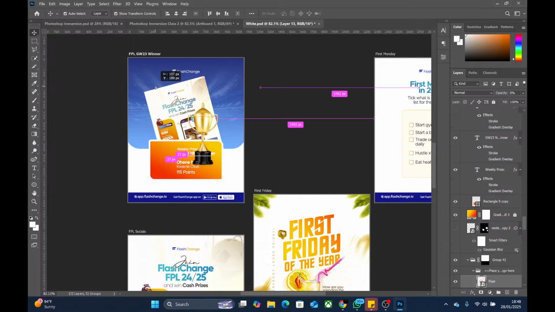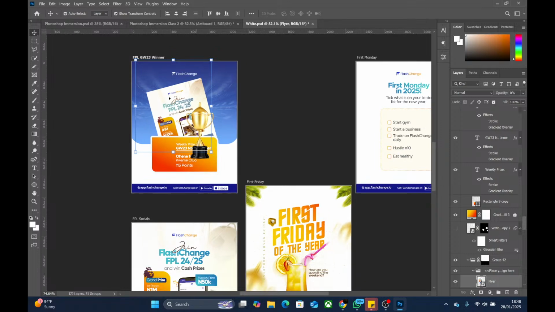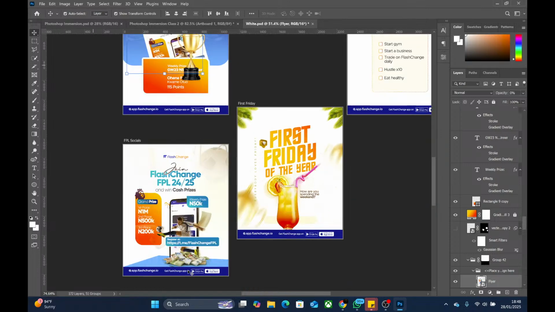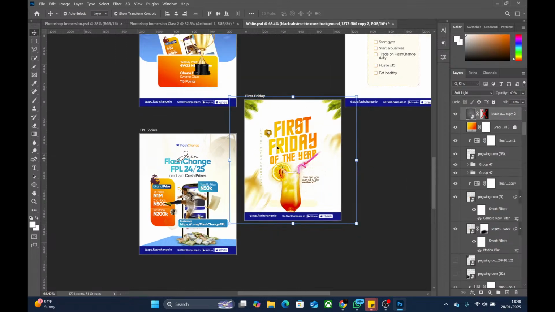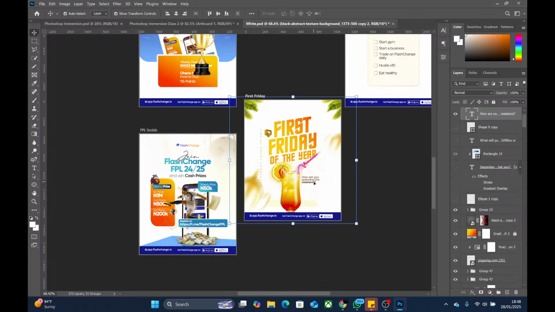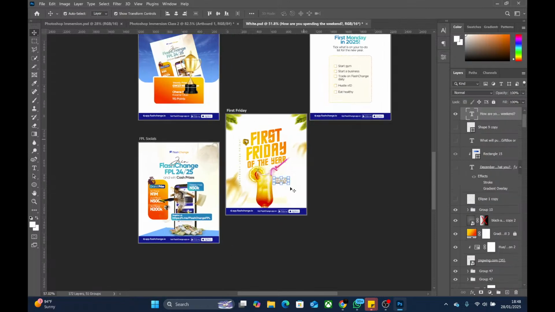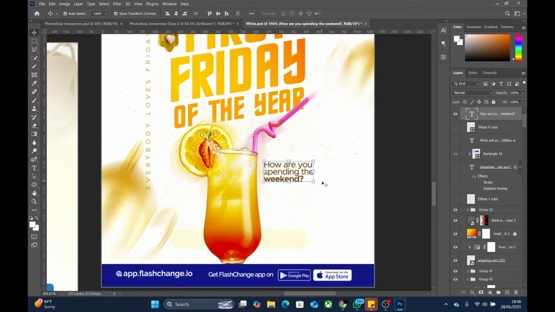You can click things and move around wherever they are. Once you click on any of them, it will select it and then it will move it around. You can click on this cup to move around. Click on this text, it will move around. It will select and then it can move.